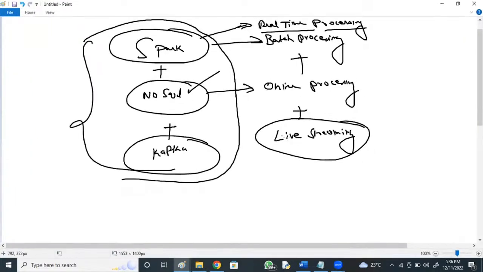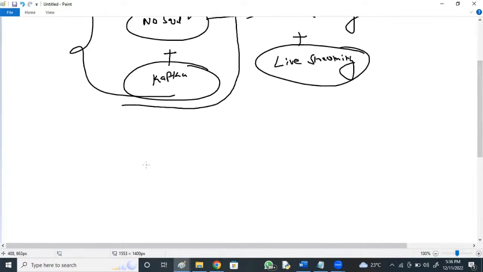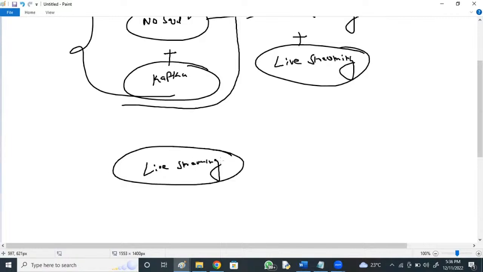See, for example, if you take Spark and live streaming data, as I was saying yesterday, even Netflix is using Spark today. Events keep on being generated in live streaming, so at the same rate of speed the data needs to be processed.